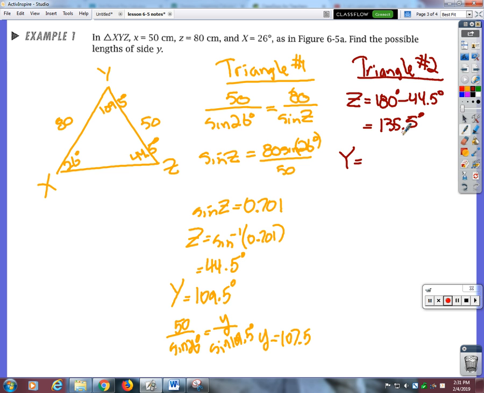We know that X is still 26 degrees. They gave us that in the original problem. That's never going to change. So if you go 180 minus 26 minus 135.5,